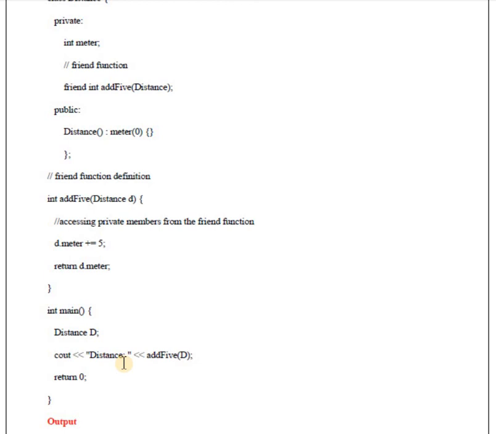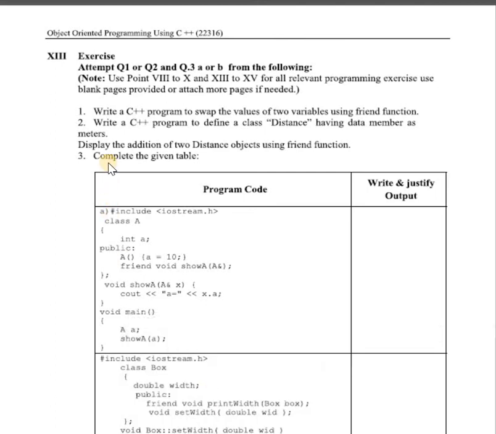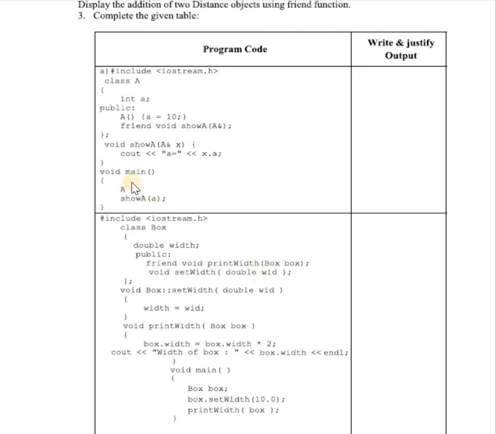This is the second program, and in the exercise the third question is to complete the given table. Here you want to find the output of these two programs. Observe these two programs.